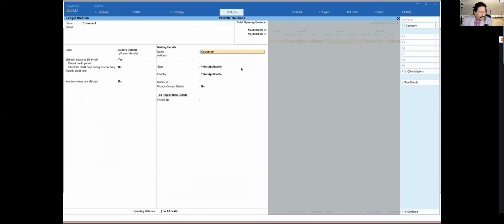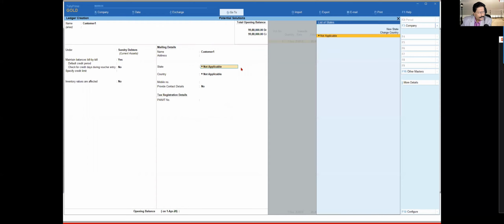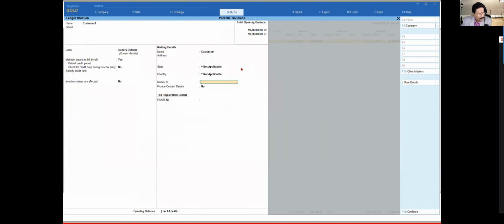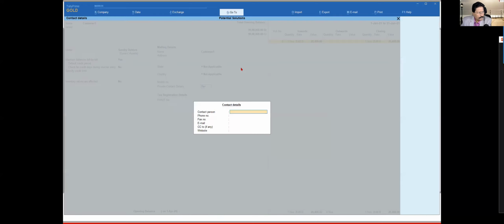And so we have this name of the ledger, address, state, country. Okay, mobile number has come. Okay, provide contact detail. When you enable this, you can capture all this information in the contact detail. Now if you remember in our previous session on billwise detail, I had mentioned that once you capture all the relevant information, especially the contact detail, when you view the outstanding statement of this particular party, if there are any bill which is overdue, you want to immediately contact this person.